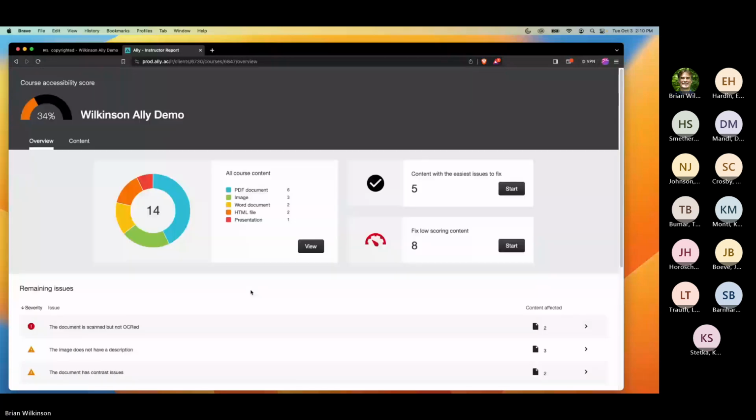One of the other ways that Ally is going to help is you can see over here on the right, there are a couple of different categories. The first category is usually content with the easiest issues to fix. These are very quick ways to raise the accessibility scores on a particular piece of content. If I'm an instructor that maybe doesn't have a lot of time, which I think is all instructors, I might want to focus on the items in this category, so I can get a quick return